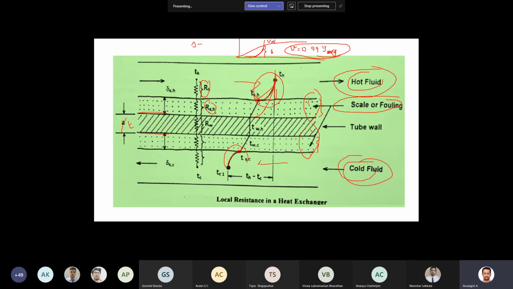Sometimes there is particulate fouling, especially in power plants. You have unburned coal particles, and in flue gas you may have fly ash. These are the particulates available in the streams. When you use flue gas for waste heat recovery, you will use this fly ash and other things in the heat exchanger. At that time, this type of particulate fouling is possible.